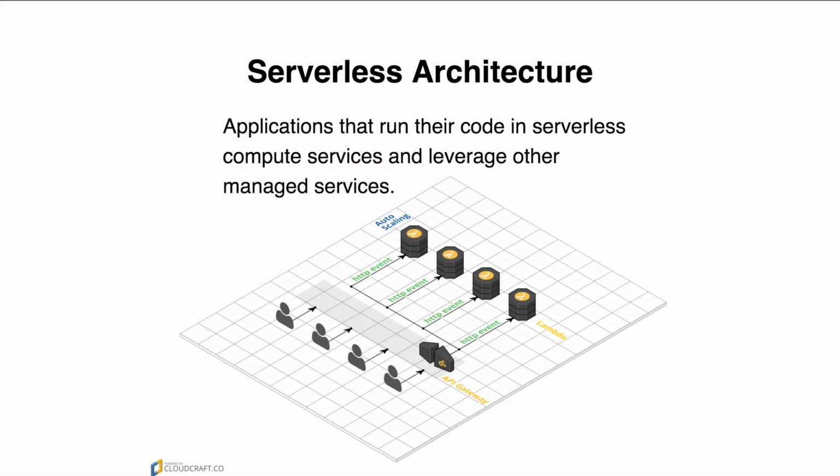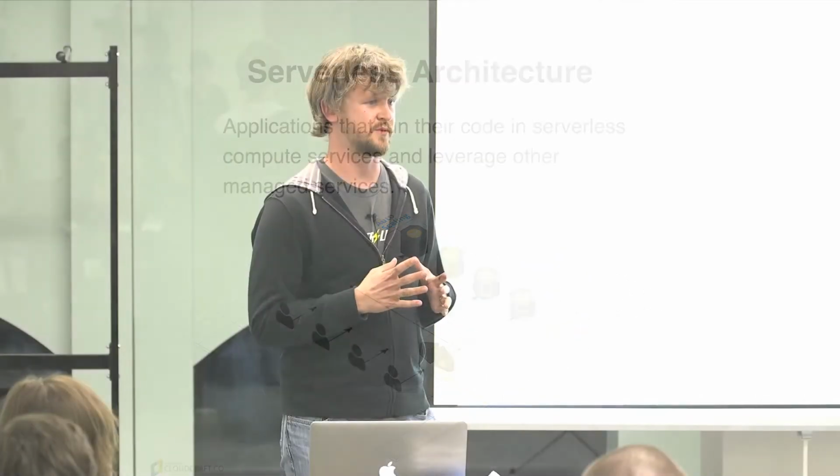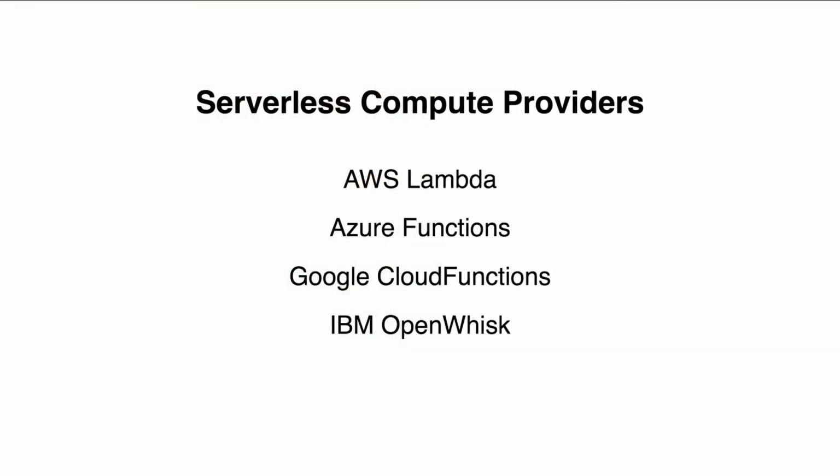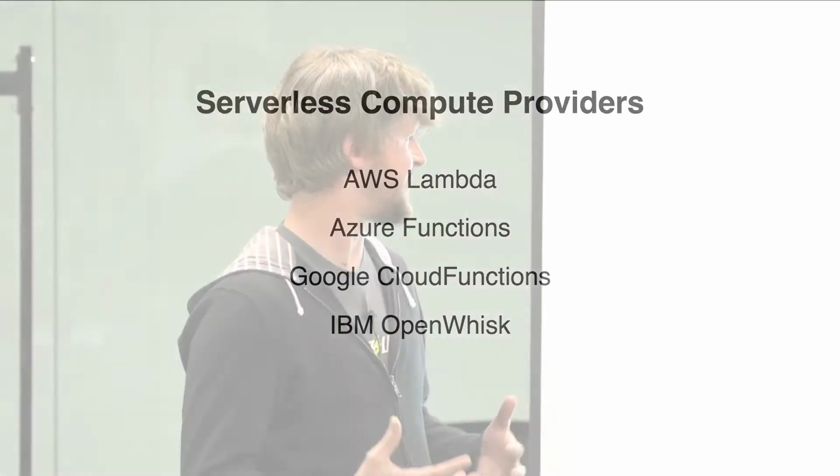Just a quick serverless architecture. I think everyone is pretty familiar with this, but it's the general concept of Lambda: infinite scale very quickly, on demand, so you're only paying for its execution, and it handles bringing it up and bringing it down, all very fast. And the serverless compute providers: there are obviously a lot of big companies in this game. We're talking about AWS, but also Microsoft, Google, IBM. These are all major providers entering this space and giving us more options.